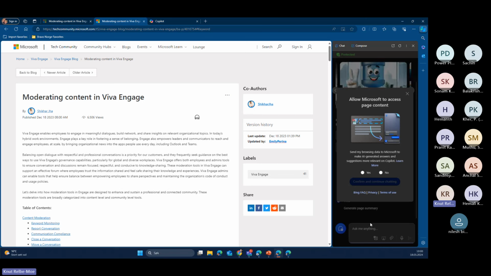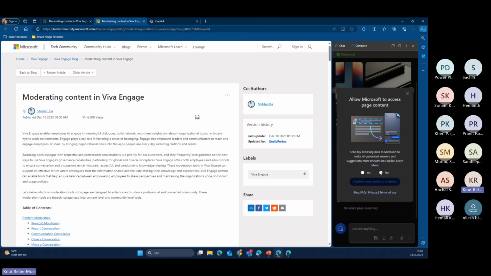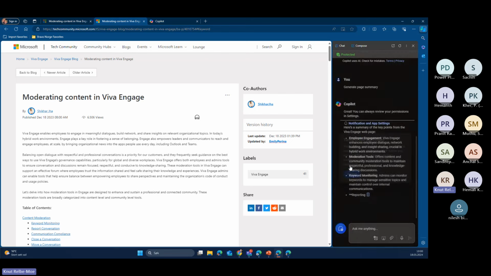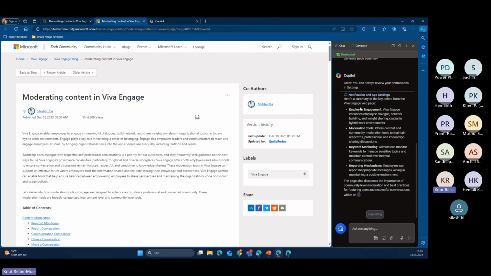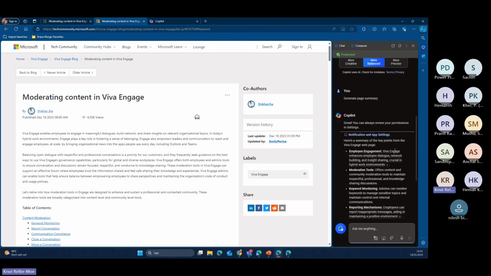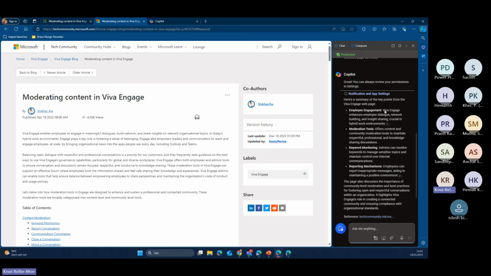So if you just know here, Copilot is not going to give me a lot of good answers, but it might be that your organization has some limitations here, and that's why it's good to know that for me, I will say yes. But it might be that your organization has this switch to no. And since I haven't signed in here before, I also need to accept terms of use and privacy. So now you see that since I accepted both, we are actually getting a great summary from